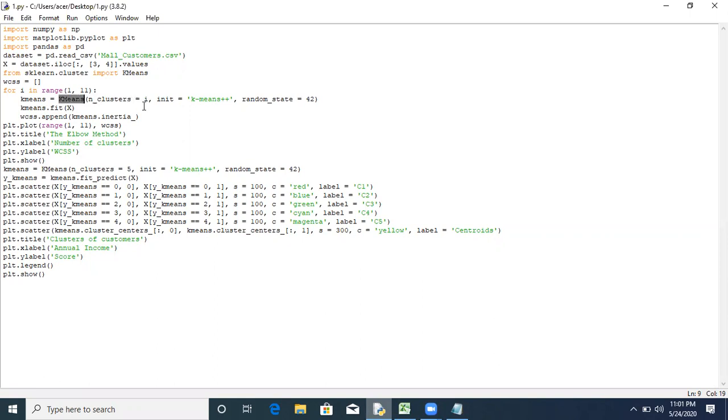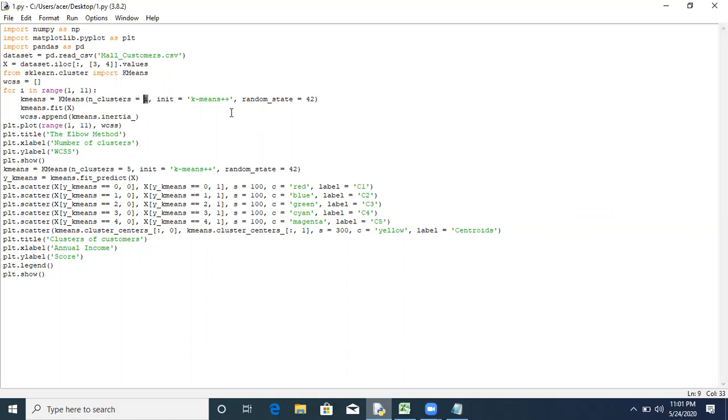The value of clusters is nothing but i, which we used in the for loop, because we want to test the value of WCSS for each value of k. So what is the WCSS value for k equal to 1? What is the WCSS value for k equal to 2, and so on till 10?